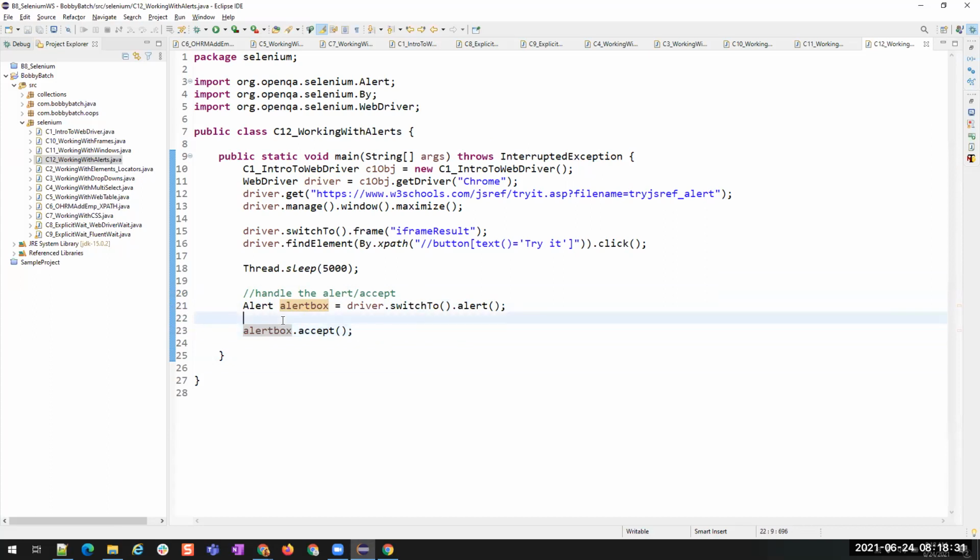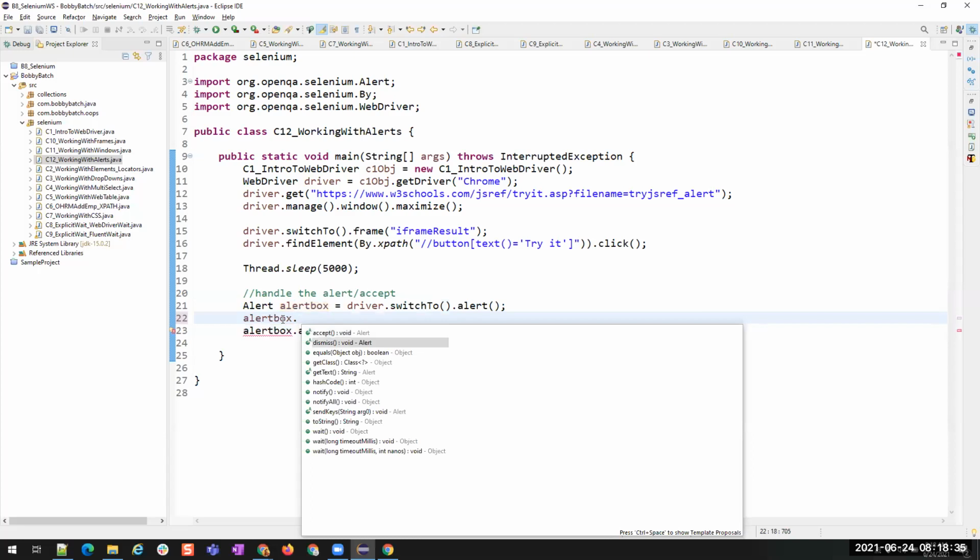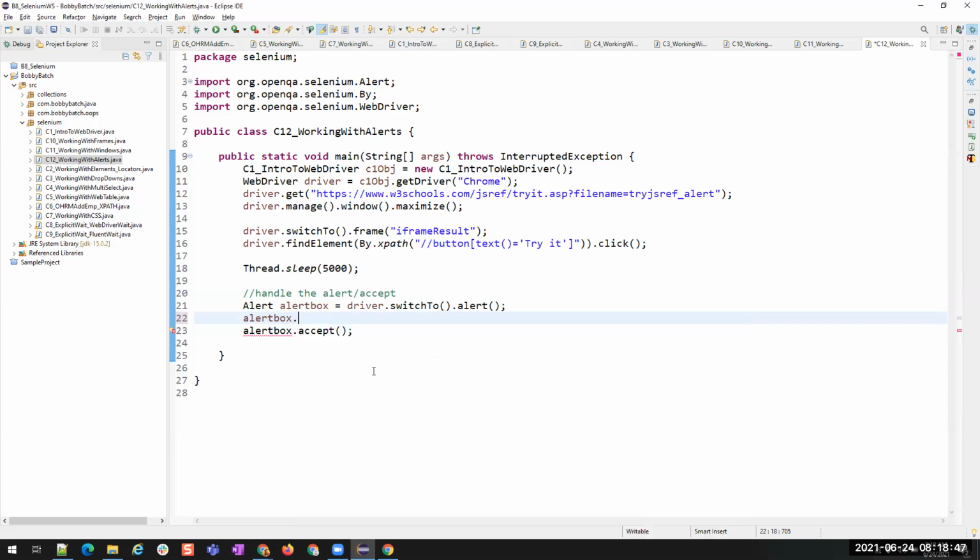But before accepting, I want to get the text of it. Alert box dot, you have a method of get text from alert class. This is not from the web elements, this is from alert class. So this will fetch the text from the alert box.